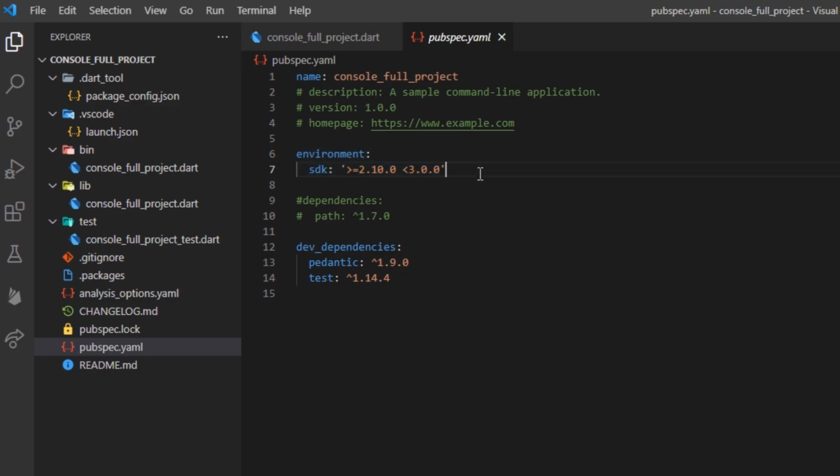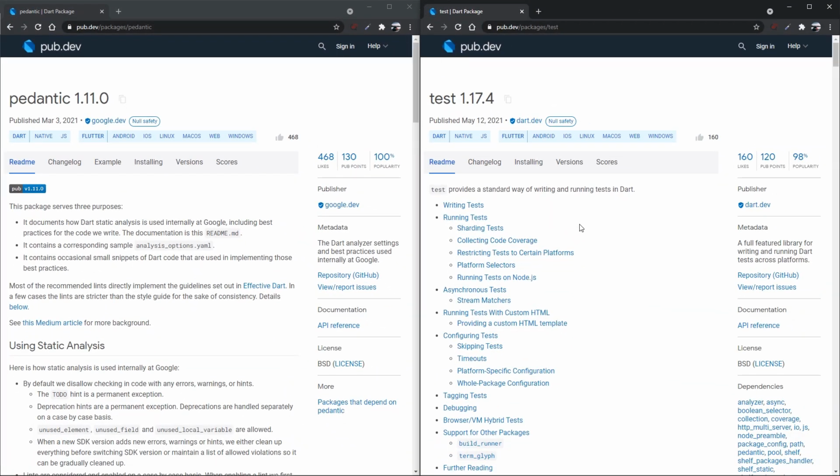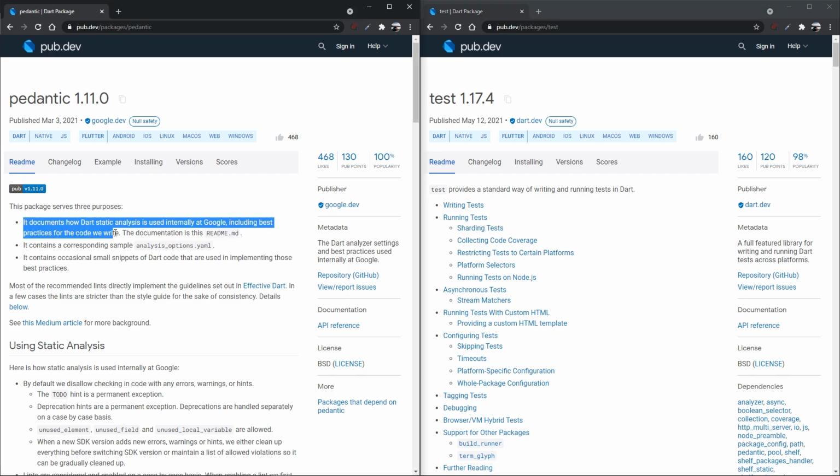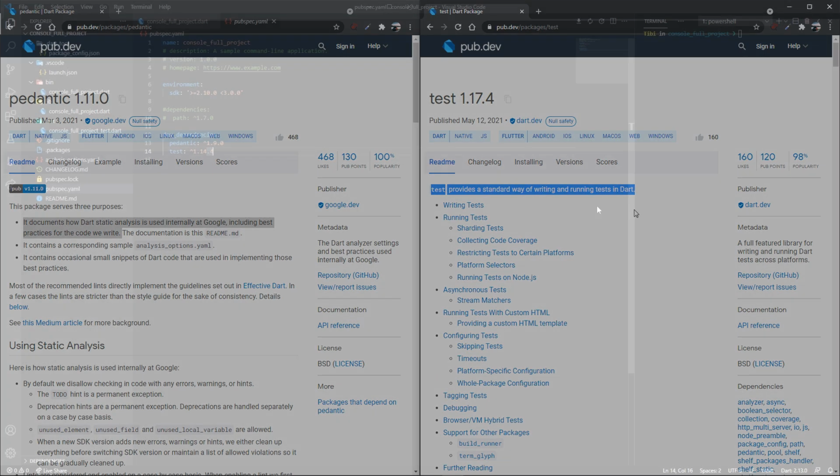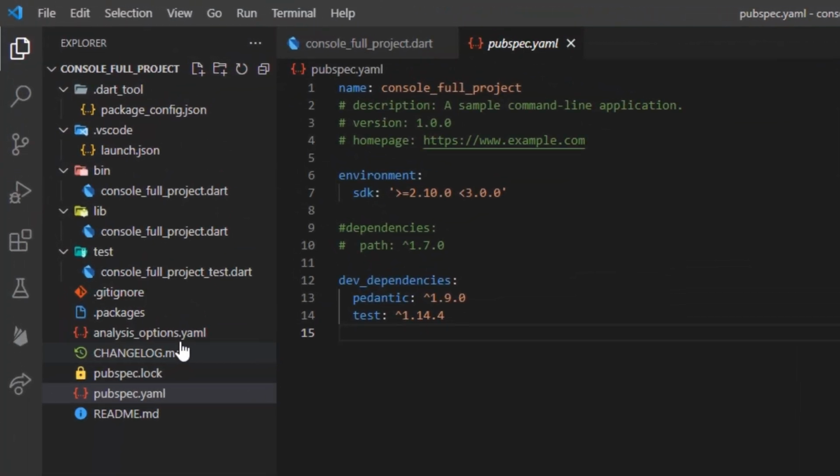As I mentioned before, the dependencies you see here represent a list of external packages your package will depend on. Currently, our package depends on two external packages called pedantic and test. That means we can find them on pub.dev and see what they're all about. It's really convenient that the pedantic package is related to the linting topic, while the test package is related to the testing topic. Topics we'll cover later in this tutorial, but before that, let's talk a little bit about